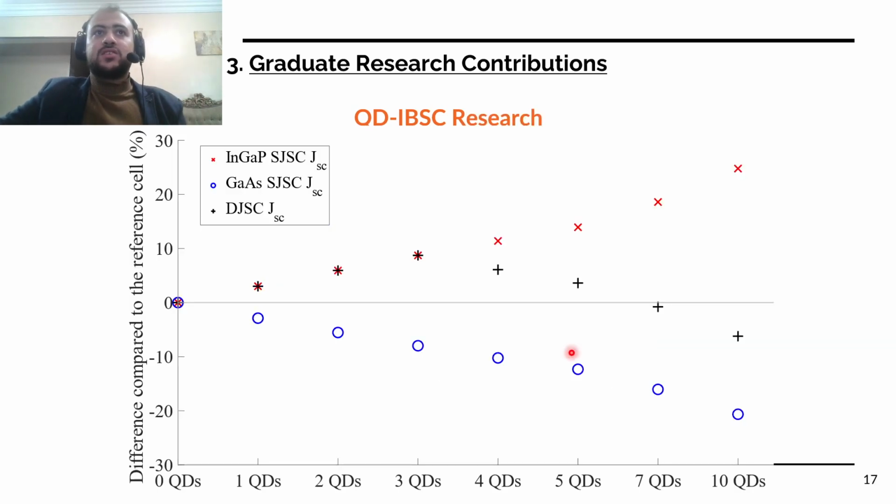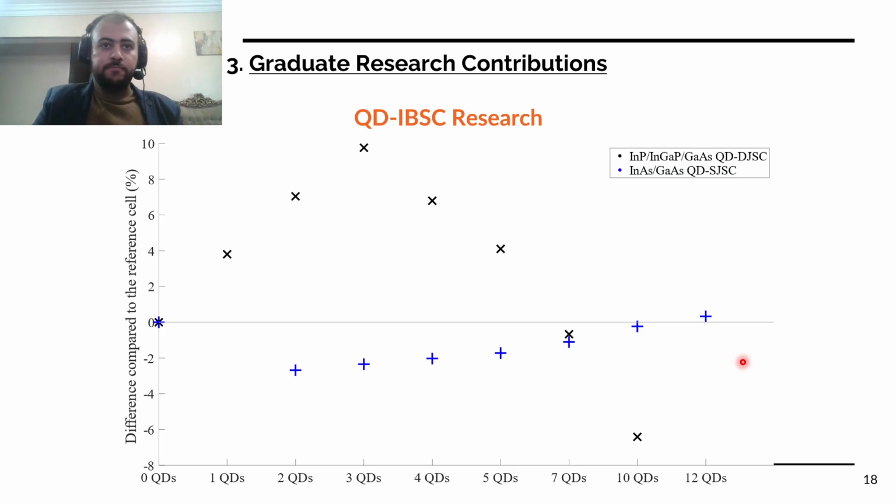We can see it in the next slide here, because increasing the addition of quantum dots did increase the J short circuit of the indium gallium phosphide junction. However, by adding indium phosphide content to the upper junction, the lower junction, which is the gallium arsenide junction, continues dropping in J short circuit, which eventually after 3 periods makes the gallium arsenide junction the current limiting junction and limits the overall current of the solar cell.